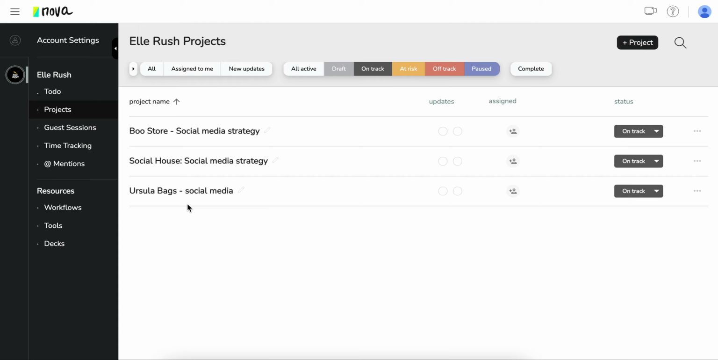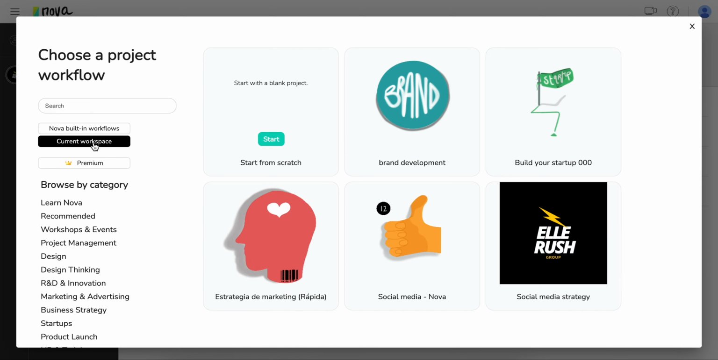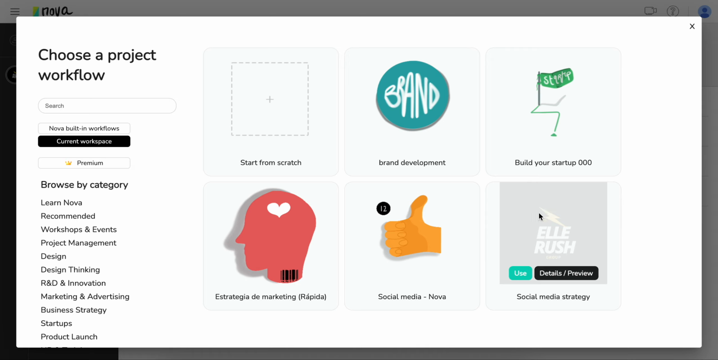And because this is something I work with clients often, what I do is that I have a workflow for social media strategy. So if I go to projects and I want to start working with a new client, I see here my own process. And this process can be used with any new client, and I can change it or I can use it